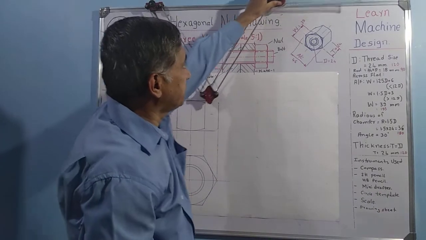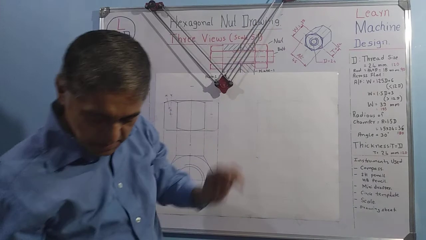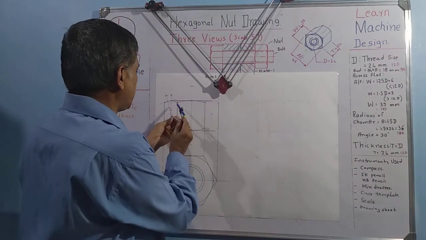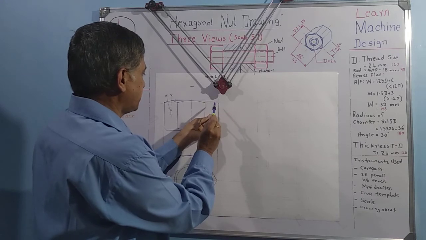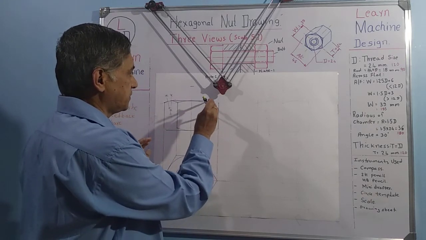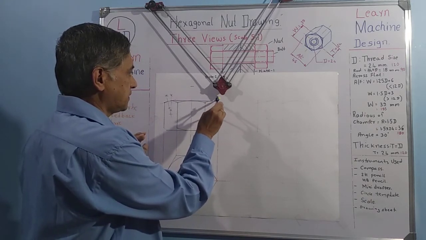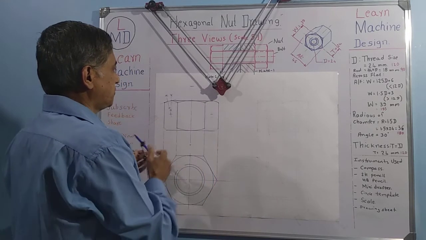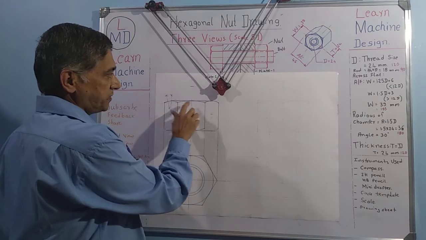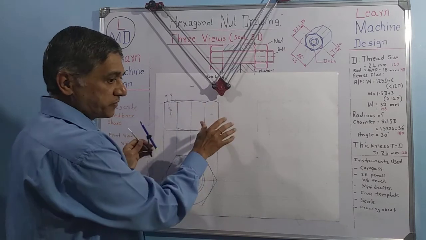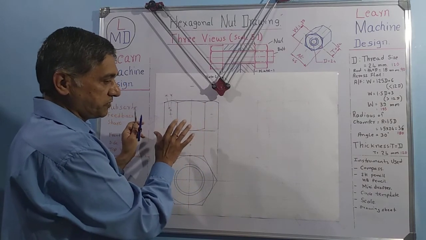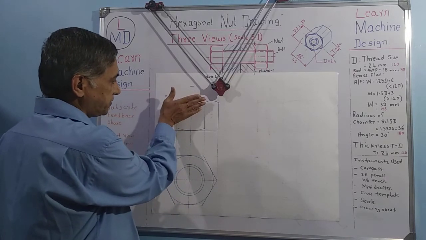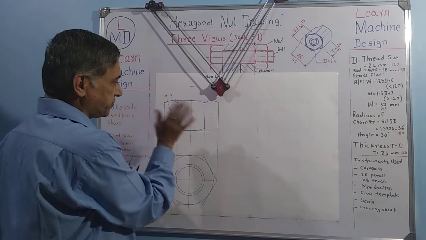Again, you use the same compass with the same radius. Suppose we have got this point. Whatever the point is required, got it. Use the same. Draw like this. So this radius is now ready. For your drawing purpose, you can use even a circle template also. In a similar way, this should be shifted to the bottom side also.